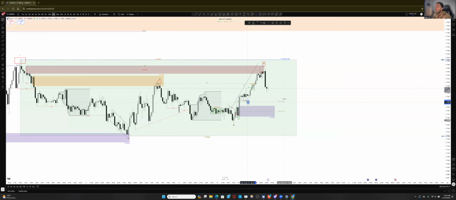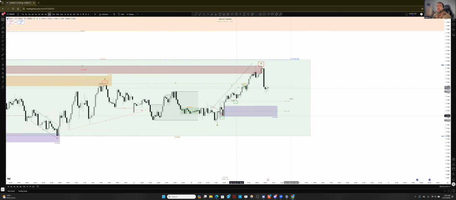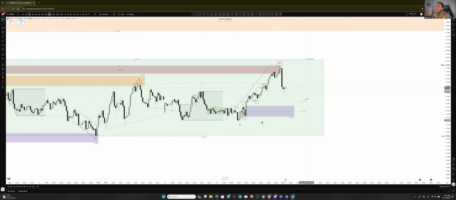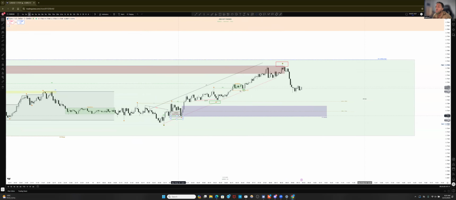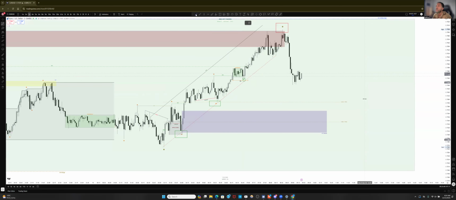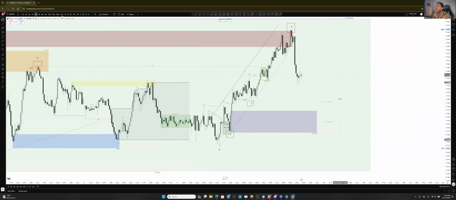We can see this inducement. Perhaps price can take out this wick, induce this wick here into the zone. Then that will give us a nice possible entry position here. So that's what I would want to see for entering the zone. I would want to see price sweep these lows, even though we did have a build up inducement here that pushed up, broke structure, because price has already mitigated this order block.